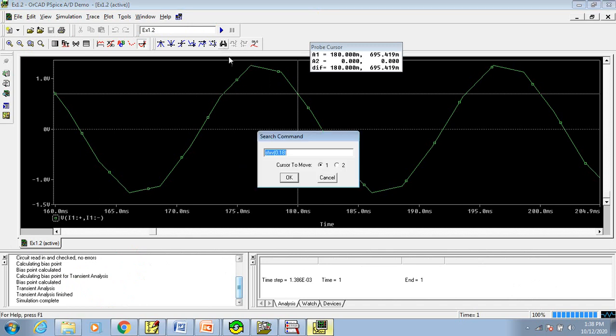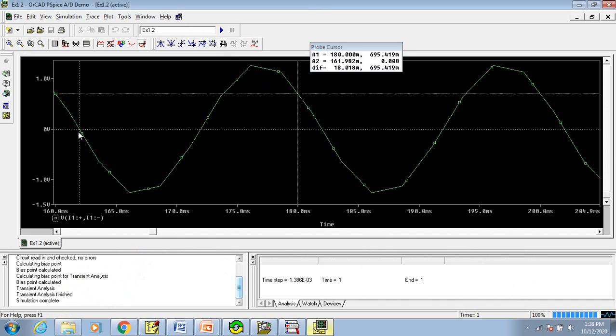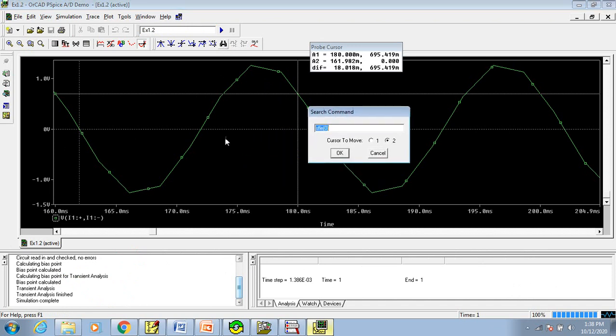Now click on cursor search, select cursor 2, which is nothing but your A2 cursor, and the code as told, it is SFLE, search forward along y-axis for the value 0. Now you can see it has come here. Where do we want? We want after cursor. I'll just show you when I do it again. Let me say, it will come here. It will search along your y-axis and it will place at this zero crossing.